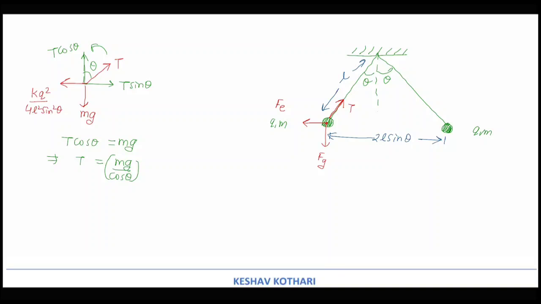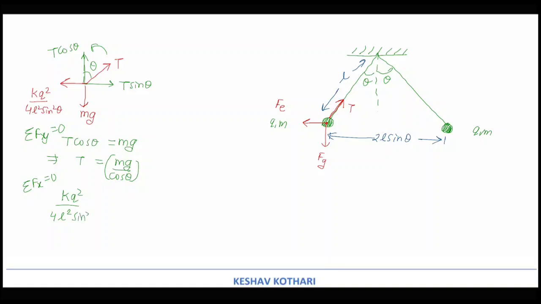Now the next thing which I am writing over here is that for equilibrium, the forces along the y-axis must also balance. So this one is forces along the x-axis and y-axis equating to 0. Now we are writing the next equation where we will say that the force along the x-axis is also equating to 0. So we are writing kq square upon 4L square